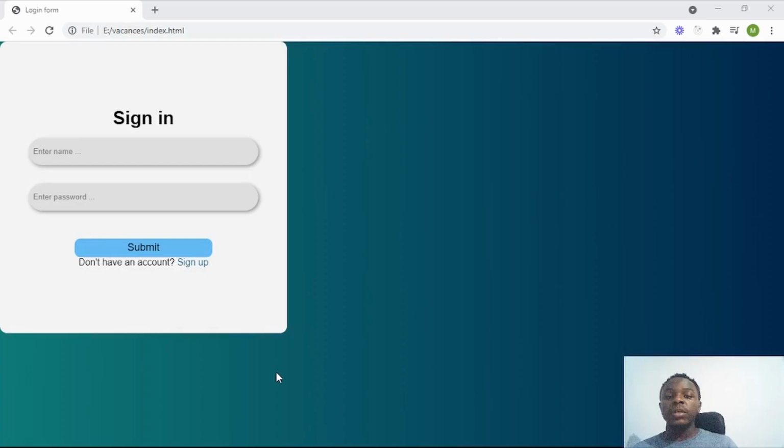And let me first show that to you. You see, for now, this whole login form is placed on this side, but we want it to be in the middle, right? The way we saw it on our previous build. And we don't want this to look like this. You see the way everything is kind of